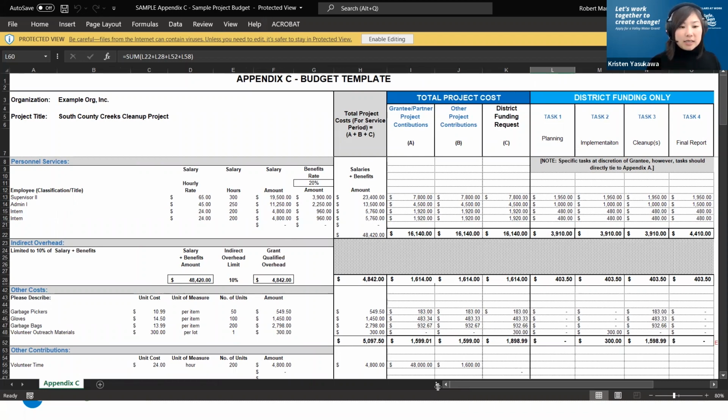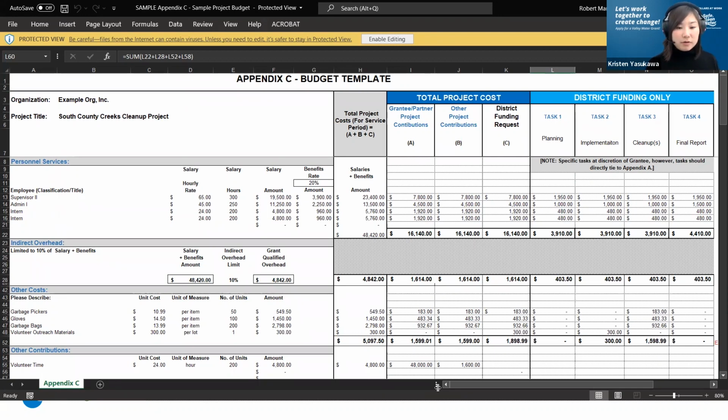And then going down from top to bottom, our first section is personnel services. So here we advise you to put in the labor hours for anyone who's employed by your specific organization. If you are working with a partner, their personnel and labor contributions would not be in personnel services. It would be under the other costs.